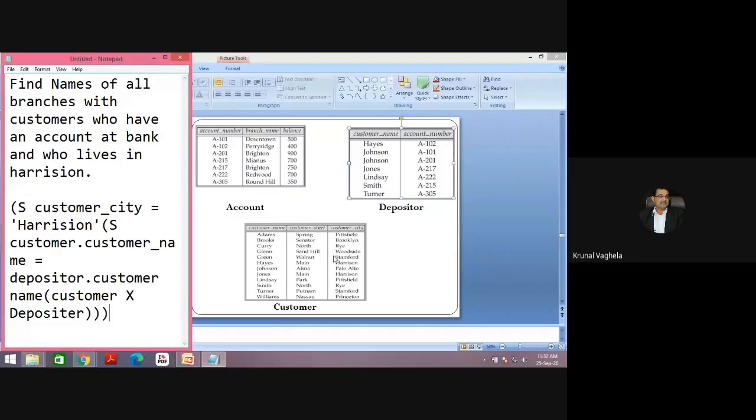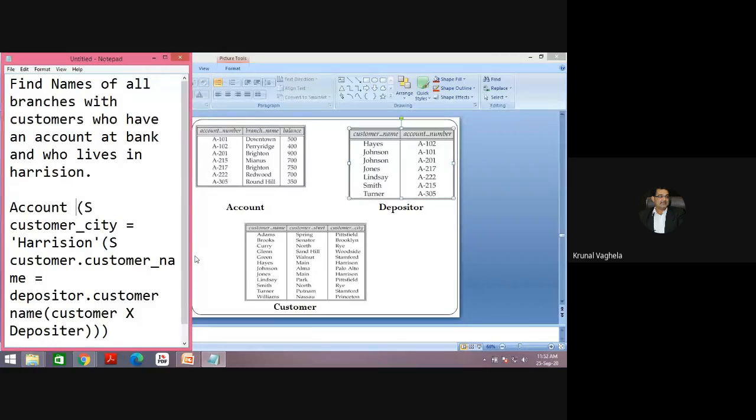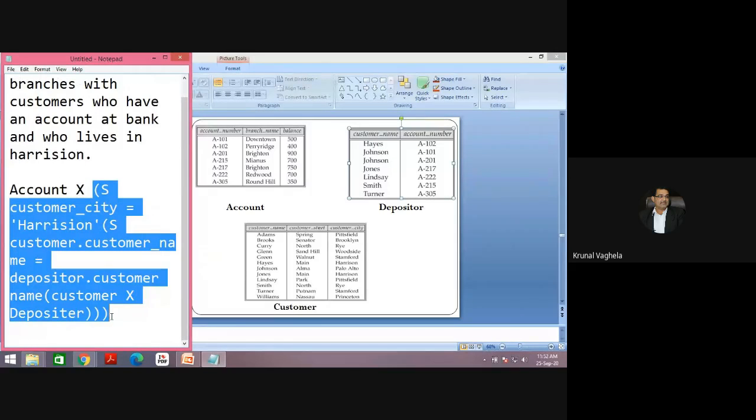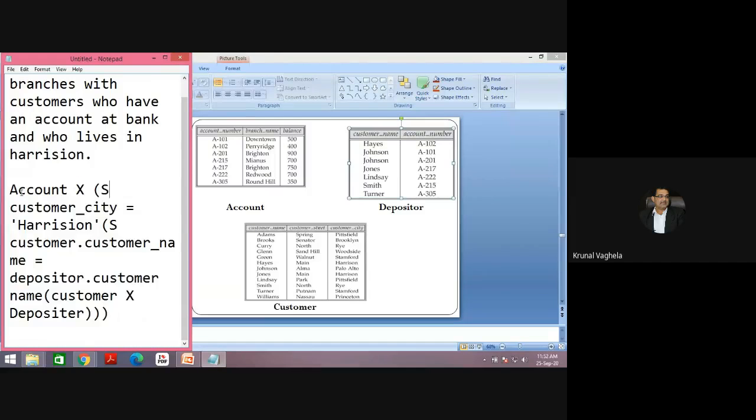Now, whatever the result is, you need to do the Cartesian product with this. Now I will have my result, then I will perform the Cartesian product with account. Whatever answer table I get, I will perform the Cartesian product with account. So one more bracket. And after the Cartesian product, what common attribute do I need to select on?